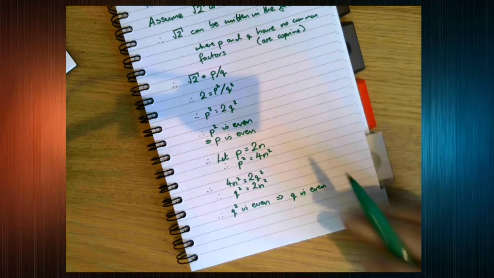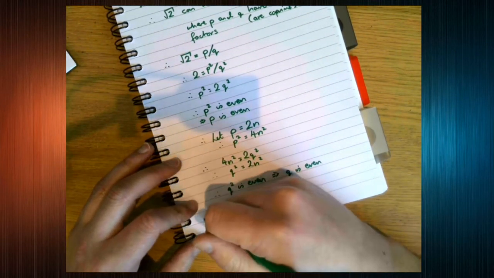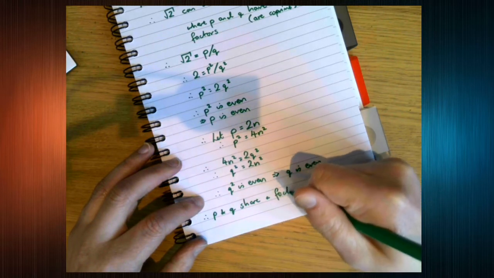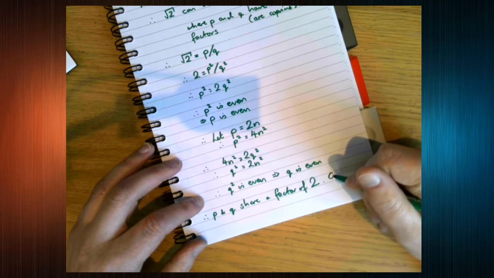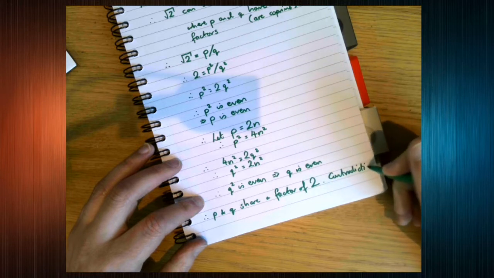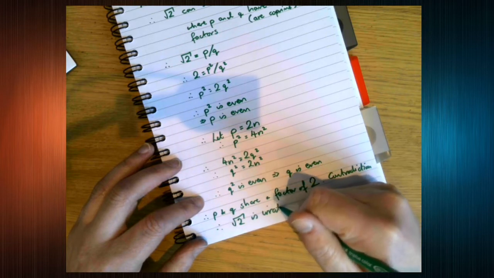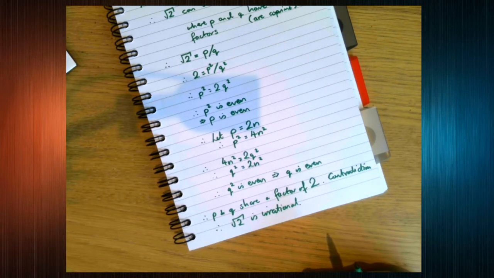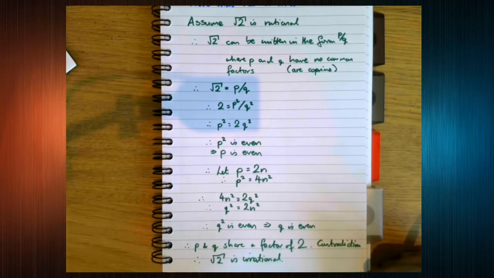P and q are both even, which means they share a common factor, 2. This is a contradiction. So therefore, root 2 is irrational, because it can't be rational. This is quite a long proof, I'm aware, but in the exam, this is 6 marks. If you can learn this and adapt it,